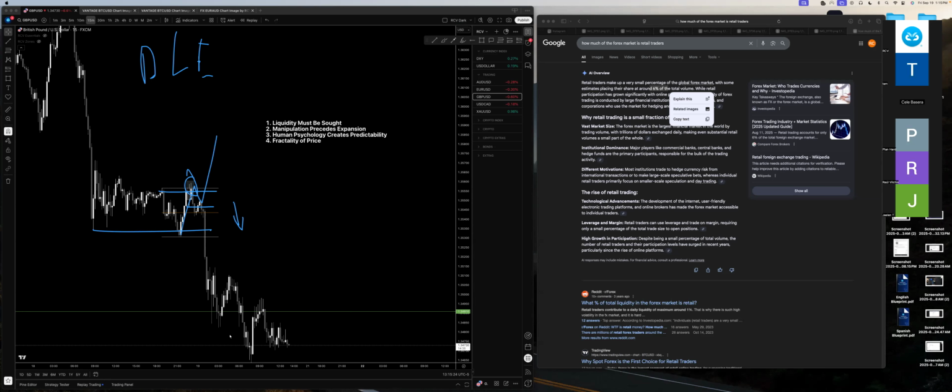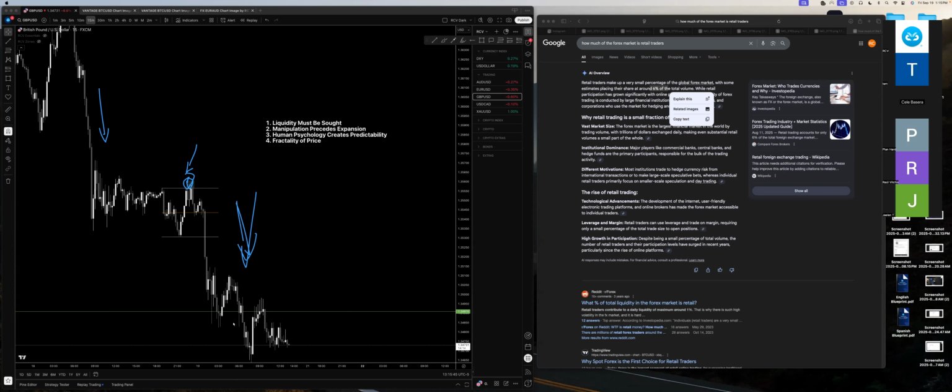But you want to always focus on continuations, not because you want to beat whoever it is that you think you're beating, but because you want a framework that follows momentum. And it just makes sense. If you're bearish, why are you not continuing a bearish move? Now you just need to understand that this is necessary for this to occur, right?